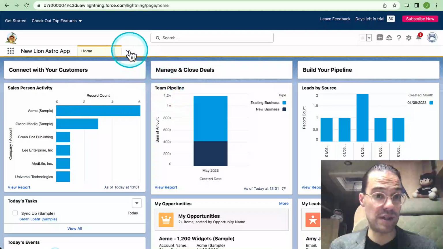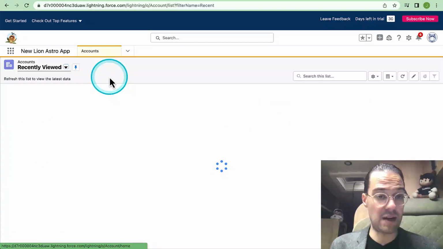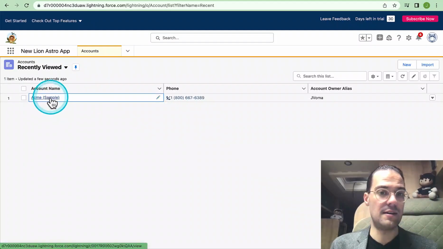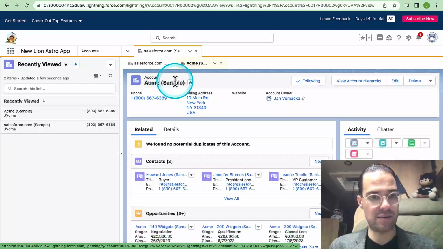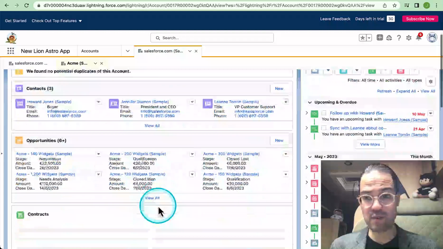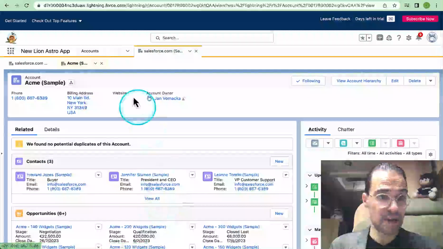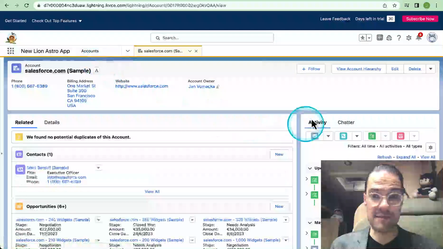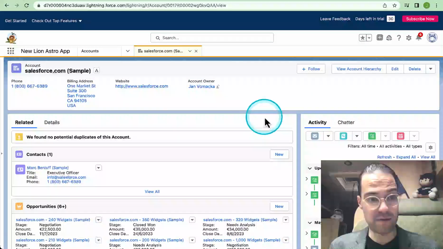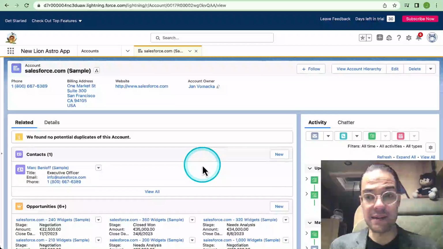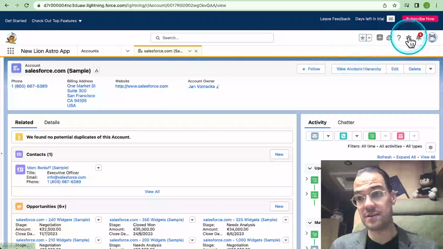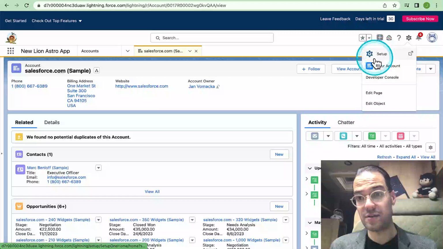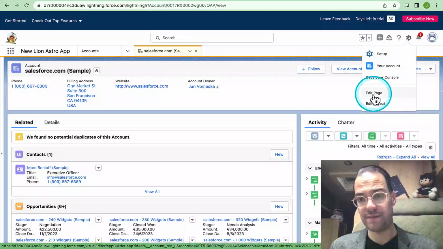What we will do today is go to Accounts and change the standard account layout in this Salesforce org. So if we minimize this one, we see that accounts have a layout here, and we want to change this. So we go here to Edit Page,